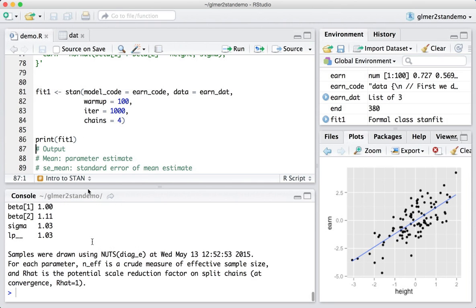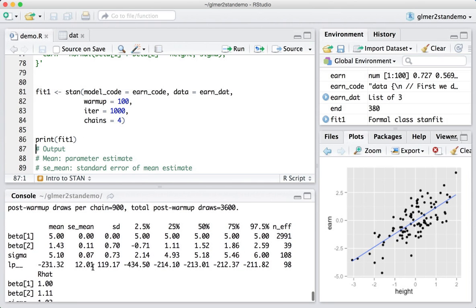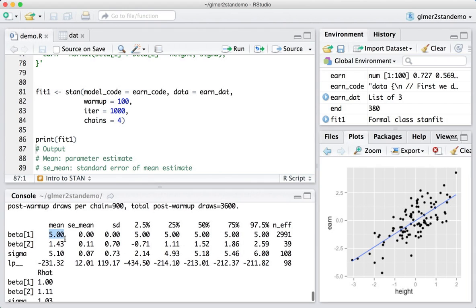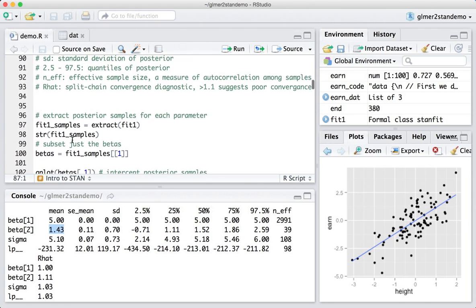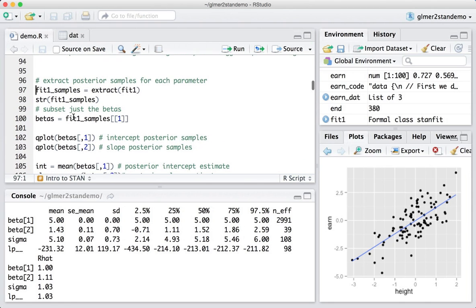Okay, so then we can print our output. And yeah, not surprisingly, the mean is 5 because we had really strong prior knowledge, and so the data was not able to change that. The prior was so strong that the data wasn't able to overwhelm it. So it's staying at 5, and then the beta is now like 1.43. To see how wrong that is, what we can do is